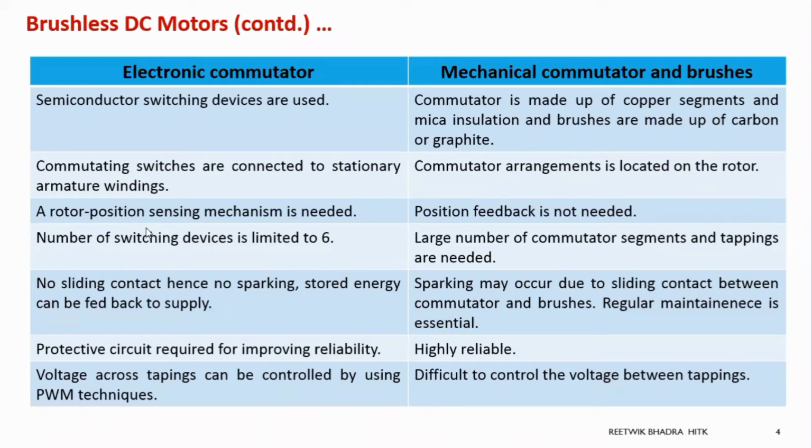And how is this gate pulse given? We have to sense the rotor position. In order to sense the rotor position, a Hall sensor is used. So a sensor is required, so rotor position sensing is required. But you don't need a position sensor in the case of your normal DC motor. It normally rotates, because there is no need of giving pulses to switches and the required voltage is produced. We just give a supply and it starts rotating.